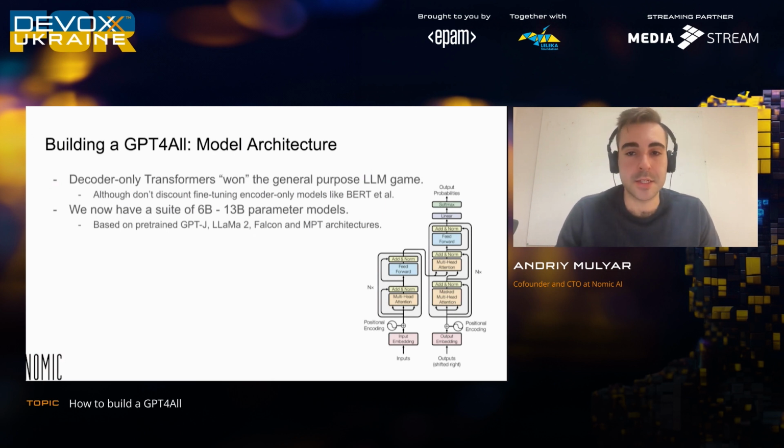And now most models that get released out there, like Llama or Falcon or MPT that you might see on Hugging Face if you're in the ML space or you're a software engineer dabbling with ML models, this is the architecture that these models are based on. With GPT4All, most of the models that are able to run efficiently locally on hardware that isn't hyper-intensive server hardware you have to rent from a cloud provider are around 6 billion to 13 billion parameters. They come with various flavors of licensing. Most of the best models right now, thankfully, we have access to under Apache 2 licenses.